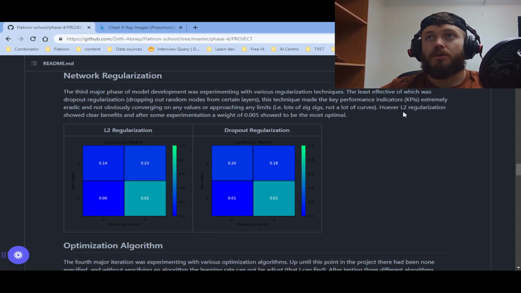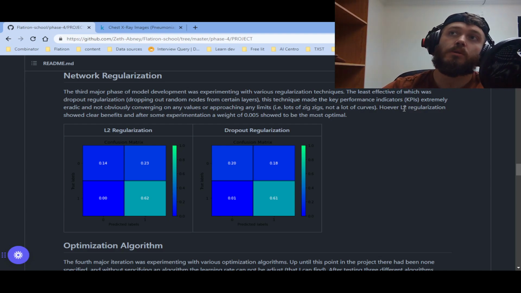So I used L2 because I didn't want to totally delete any parameters from the layers, because